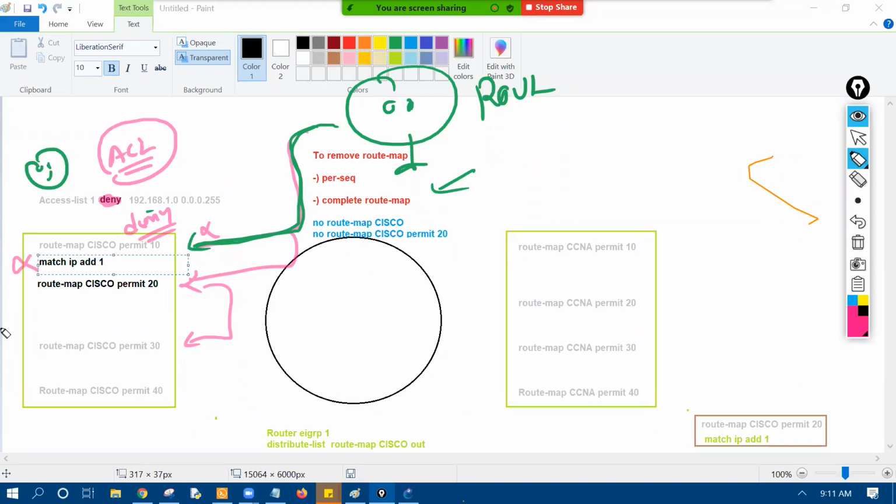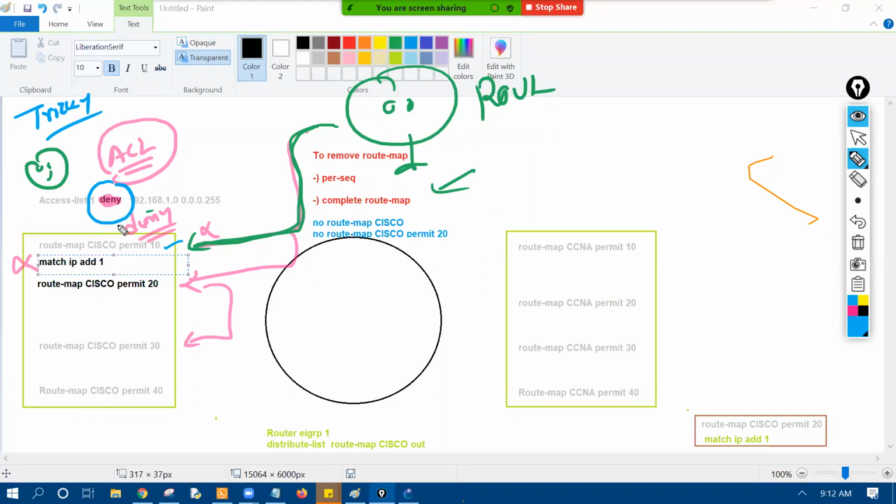If your ACL is denying, right? If your ACL is denying, it's not going to match this clause. It goes for the next scan. This is where the tricky part comes for the route map. The person is thinking, right? If I say deny in the ACL, and I say permit in this route map,